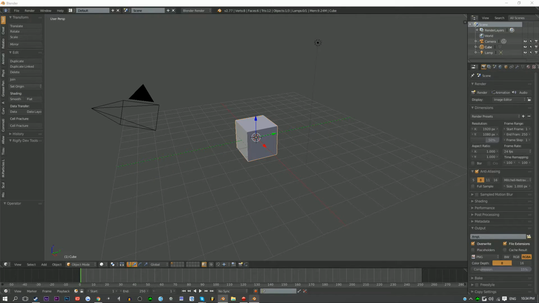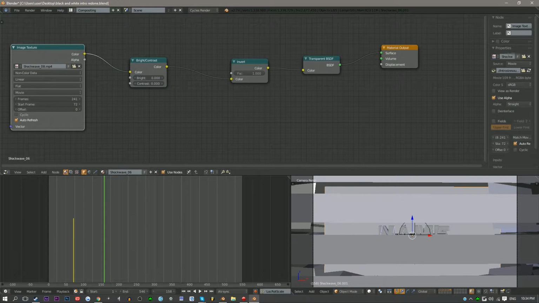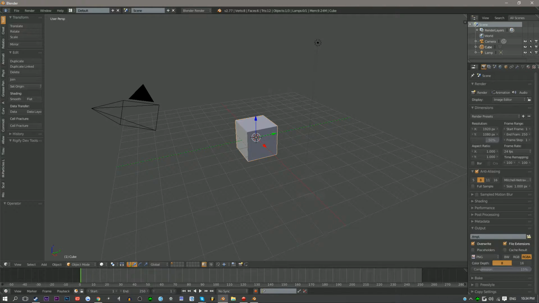So I have the original Blender file here. That is literally all I did. I just imported it as import images as planes, played a movie file on it, set up some simple nodes, and that was pretty much it. We were good to go. So I'm going to recreate that and show you that it actually works in my new Blender file here,